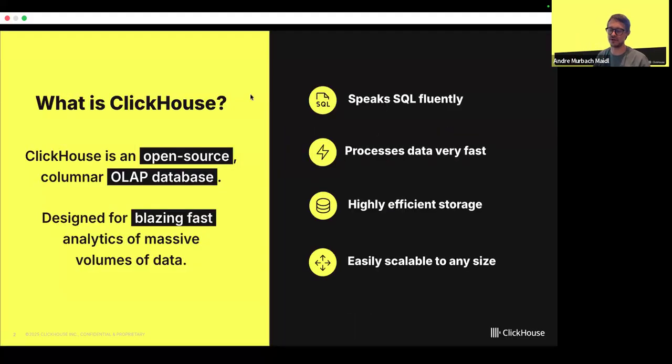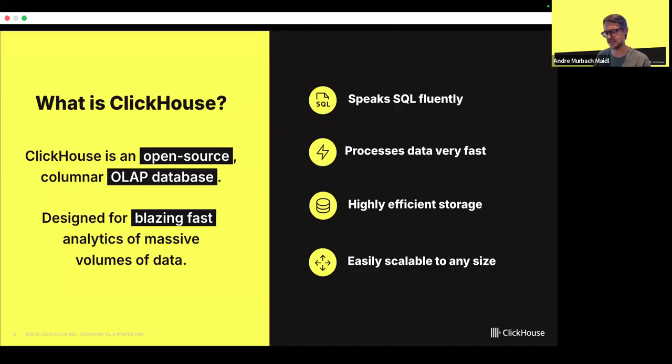First of all, I wanted to talk to you about what exactly ClickHouse is. ClickHouse is an open source project. To give you a perspective of how this project started, ClickHouse is basically a database, but different from traditional transactional databases, ClickHouse is built more towards the analytics use case.